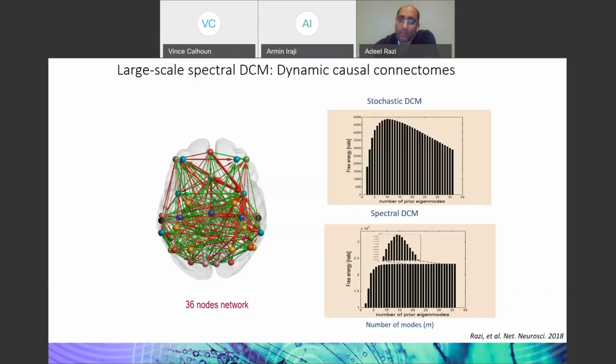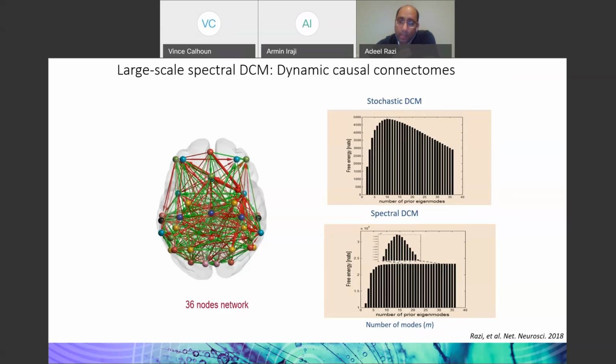In order to invert these connectomes, there are two competing methods. One is what we call a stochastic DCM, and the other is what we call a spectral DCM. Stochastic DCM solves the system equation, the differential equation that I was showing you, and does the model inversion in the time domain. It is a very sophisticated scheme based on generalized filtering. It is also called a triple estimation problem, because here we have